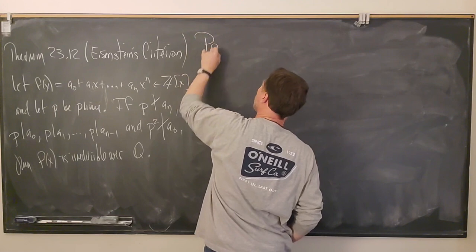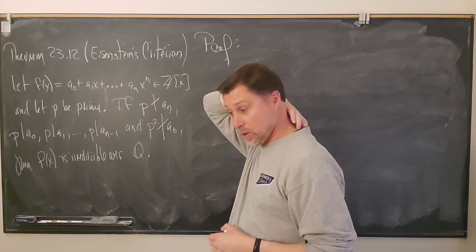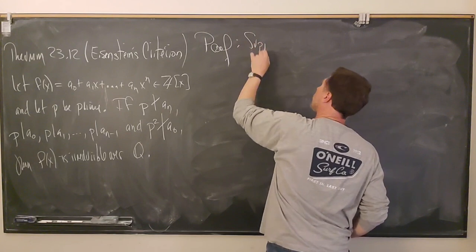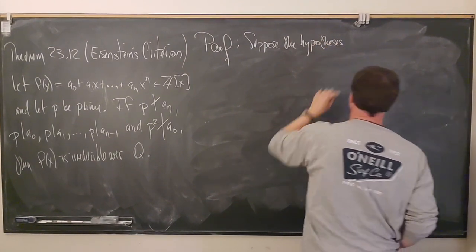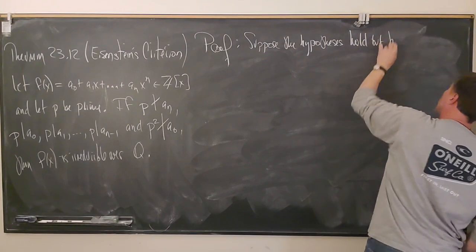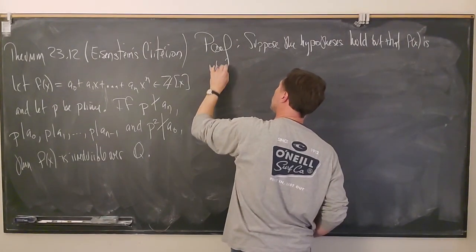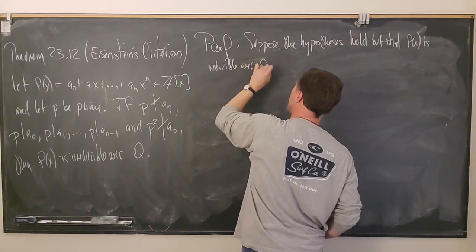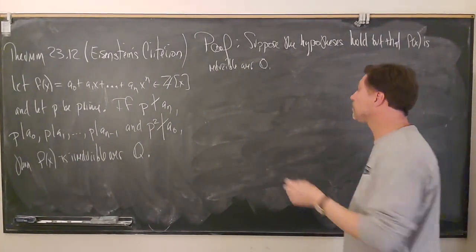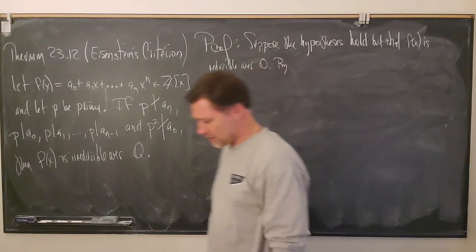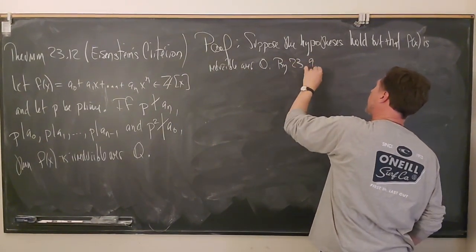Okay, so what we're going to do is, suppose that the hypotheses hold, but that f actually is reducible over Q. Now we know if we have an integer polynomial and it is reducible over Q, then it's reducible over Z, right? So by, I think it's 23.9,